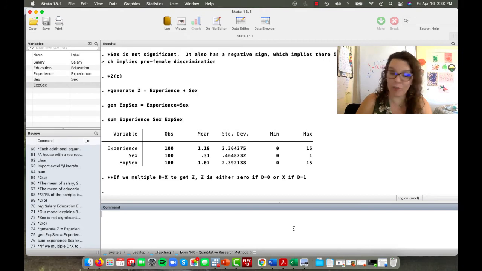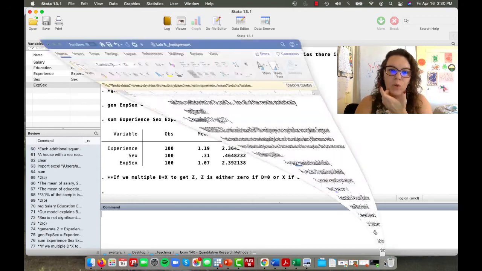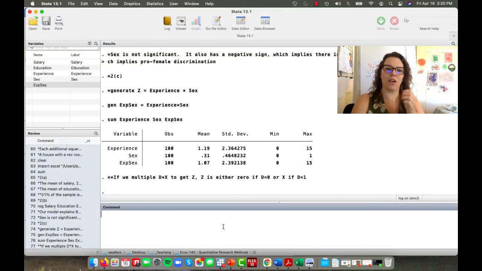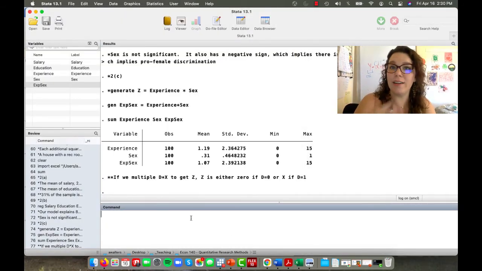Now we can run a regression. We can run a regression using all of our variables that we've looked at so far. So I'm going to open up the lab real quick and remind myself what regression we're going to do. We're going to run a regression with all of our variables, and then we're going to talk about if we were to write a short report about the presence of sex discrimination, what would we say and how would it